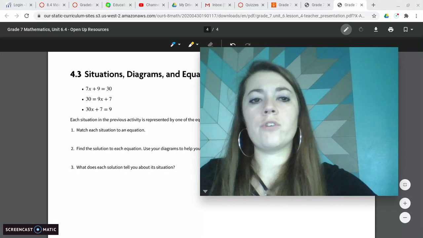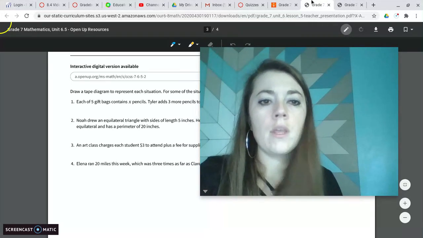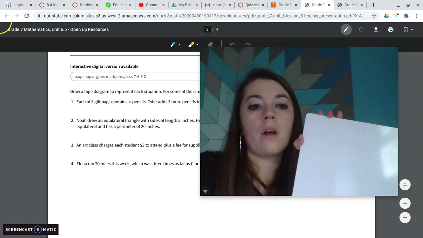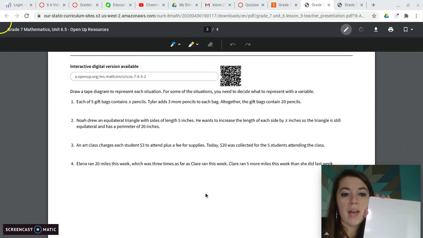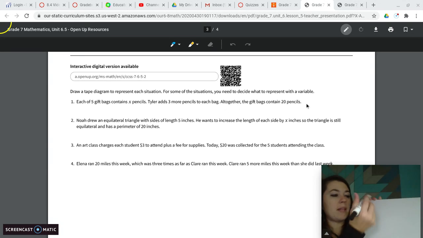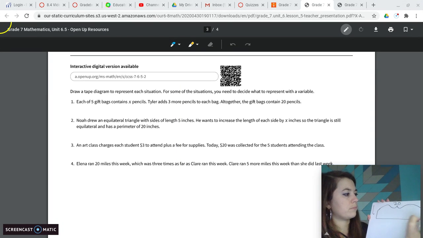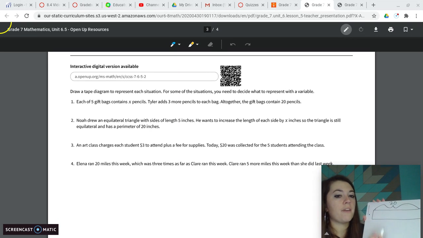And now we're going to go ahead and switch over to lesson 5. All right, so lesson 5. Guess what? Same thing. We're still drawing tape diagrams. So, number 1. Each of 5 gift bags contains x pencils. Tyler adds 3 more pencils to each bag. Altogether, the gift bags contain 20 pencils. So for number 1, it's going to contain 20 total. Now, it says that he has 5 gift bags that contain x pencils to start with. So there's our 5 gift bags with x pencils. But then he adds 3 more pencils. So plus 3